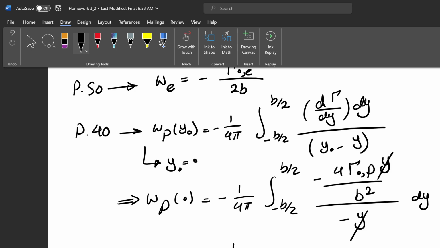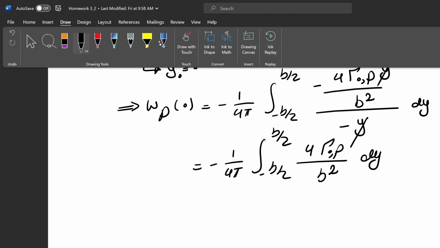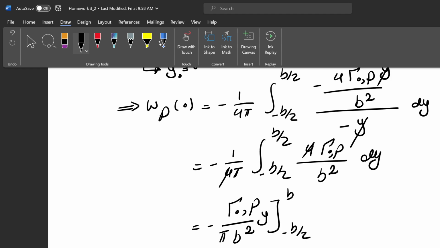We will end up taking the integral of negative b over 2, 4 gamma naught p divided by b squared dy. All of this is a constant, and the solution to this integral is going to be just y, because that's the integral of a constant. So the two 4's here cancel out. We're going to have negative gamma naught p divided by b squared divided by pi multiplied by y from negative b over 2 to positive b over 2,